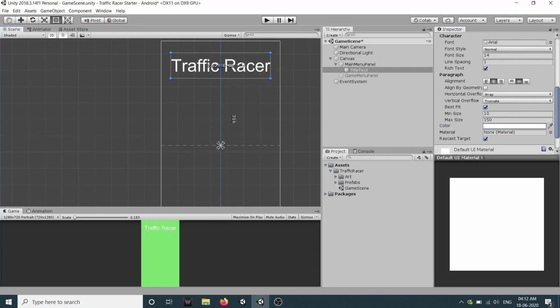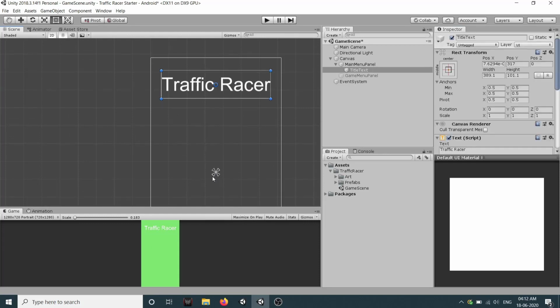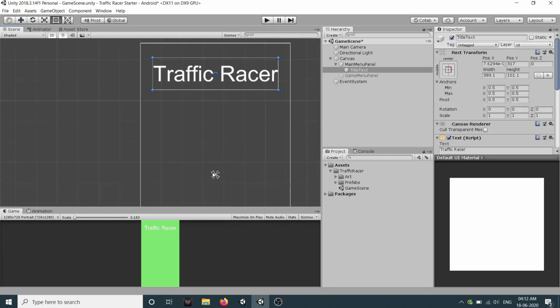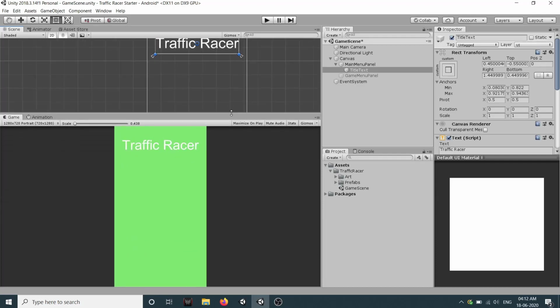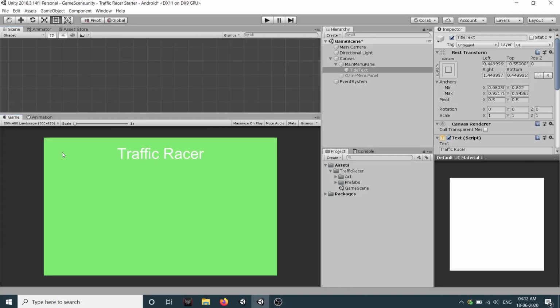Let's move it here. Now we have these anchors here. So what we will do is we'll just drag them to the edges of this text object. We do this because, in case we change our resolution, say from portrait to landscape, it doesn't matter, the height and width adjust itself according to the resolution.